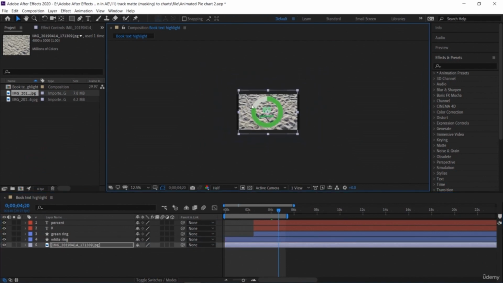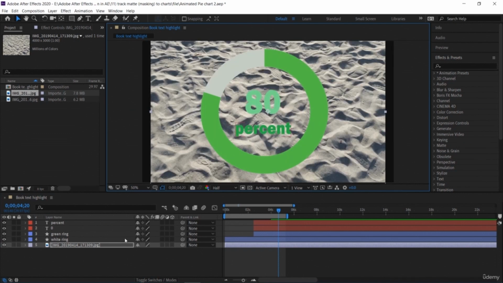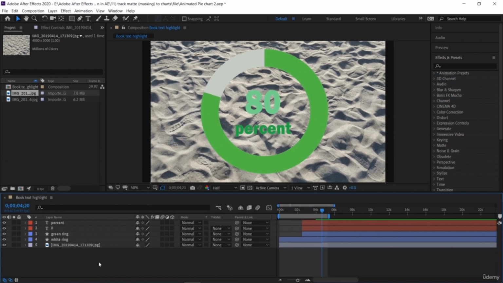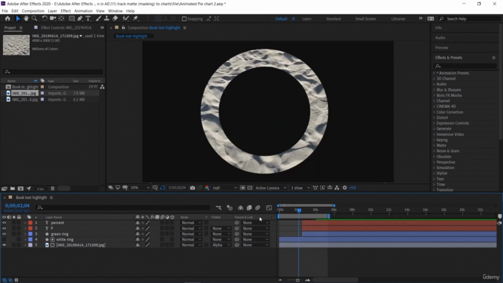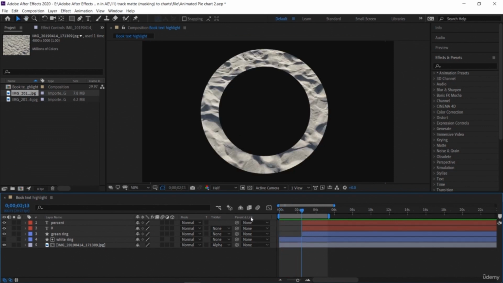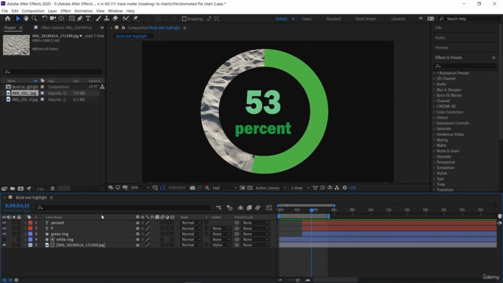So just resize it by simple mouse scroll, or you can zoom in, zoom out. Just open this track matte option from the lower left side and select this track matte option, alpha matte to the white ring. So here we want to add an image to the outer ring. So this is the desert, and just do the same thing